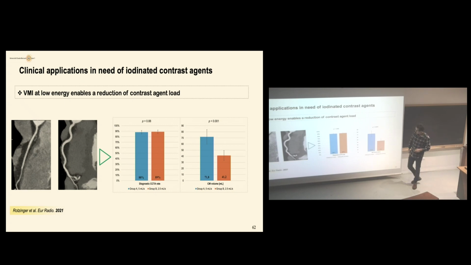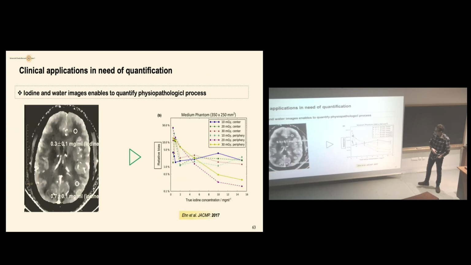So you see that spectral CT imaging is important in terms of reduction of contrast agent load, which is really important for the pharmaceutical and for other aspects of medical economic health. An important point also is that the radiologists that read the images said that the diagnostic accuracy was the same between those images. So this is important.